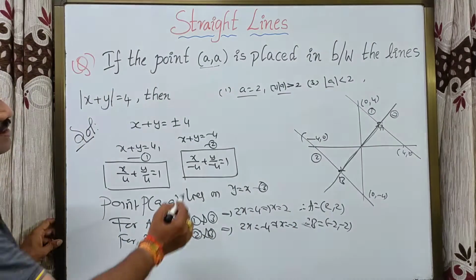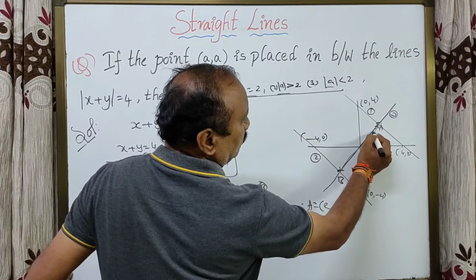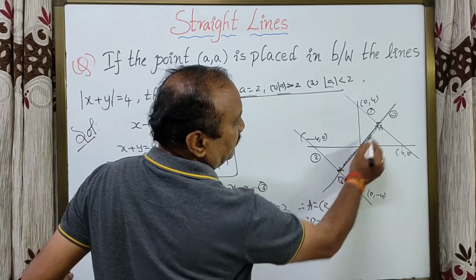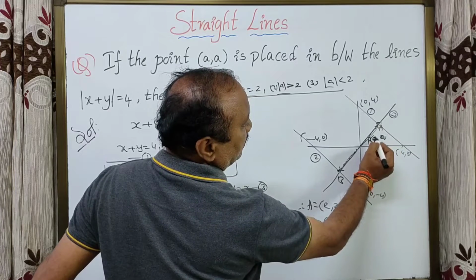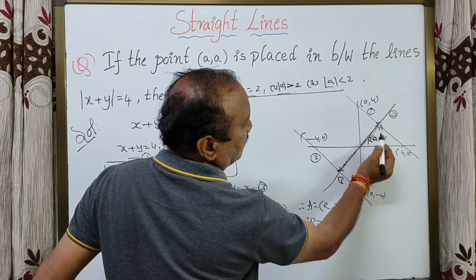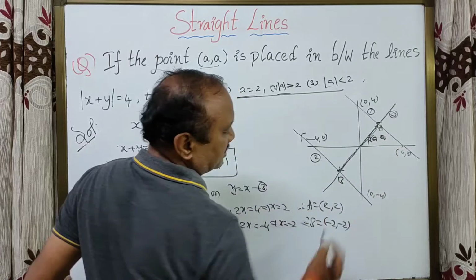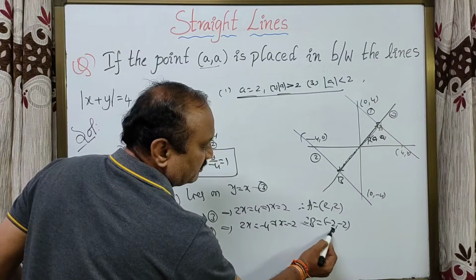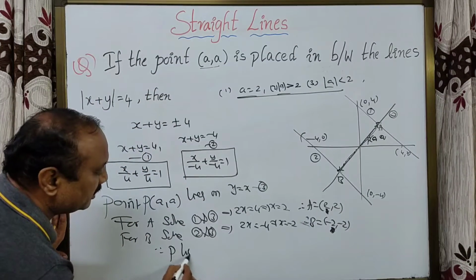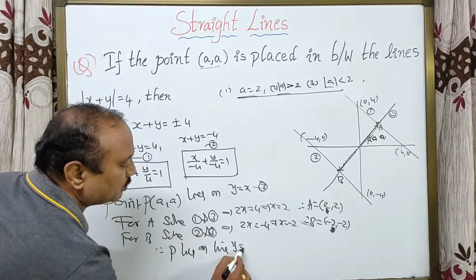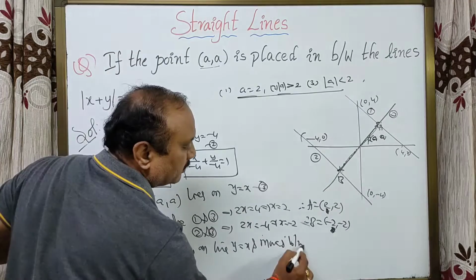So my dear friends, here the range of a: our point P (a, a) moves along this line in between A and B. The x-coordinate a moves between these two points, which means a takes values between the x-coordinates of B and A. Here the smaller x-coordinate is -2 and the bigger is 2, since P lies on the line y equals x and moves between A and B.